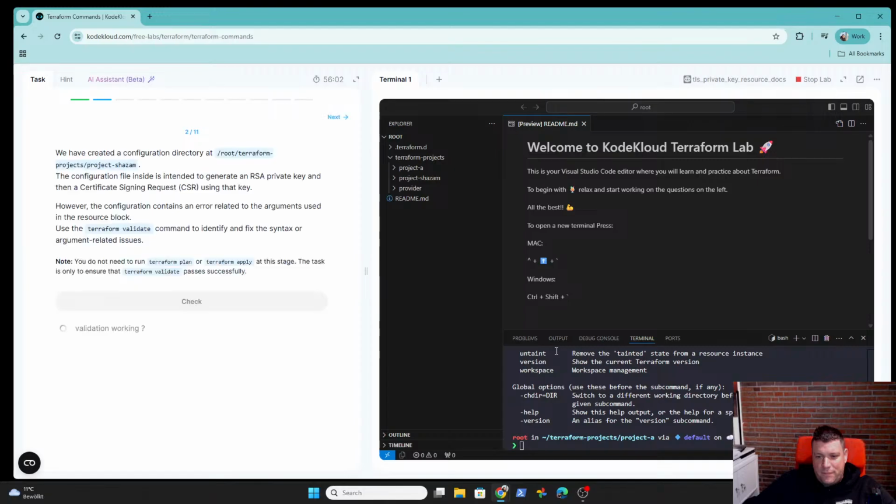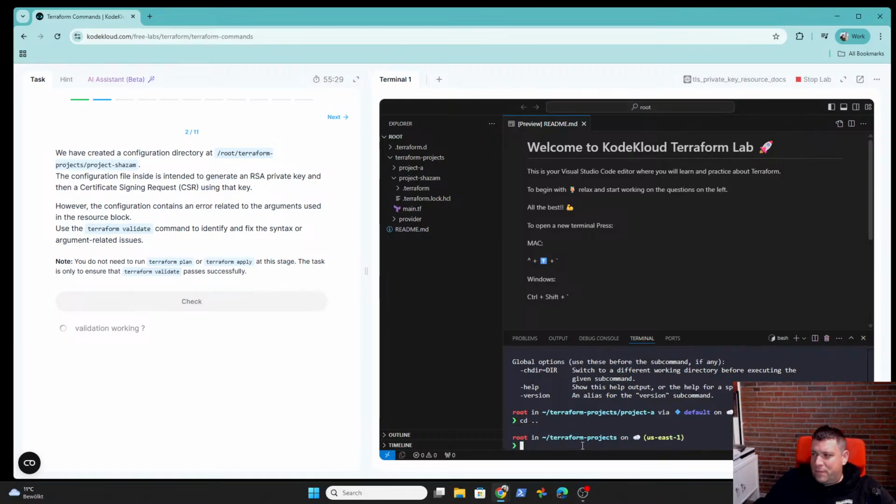So we have created in the configuration directory a Terraform project, and the configuration file inside generates a private key and then a certificate signing request using that key. However, the configuration contains errors related to the arguments used in the resource block. There's a command called validate to identify stuff which is wrong.